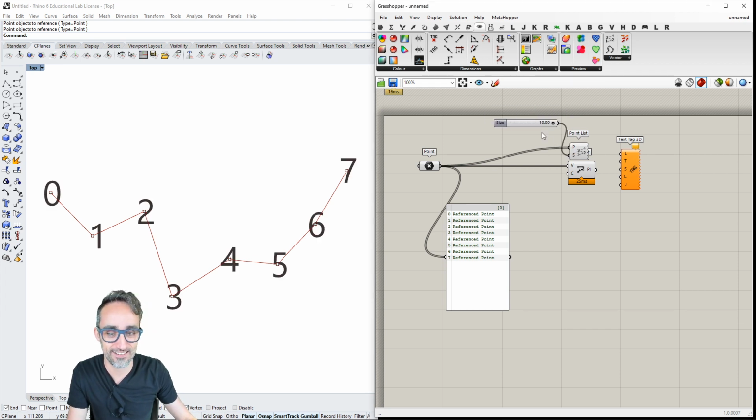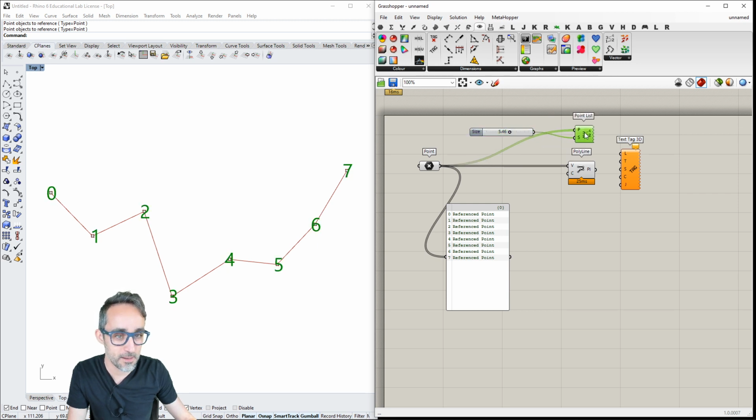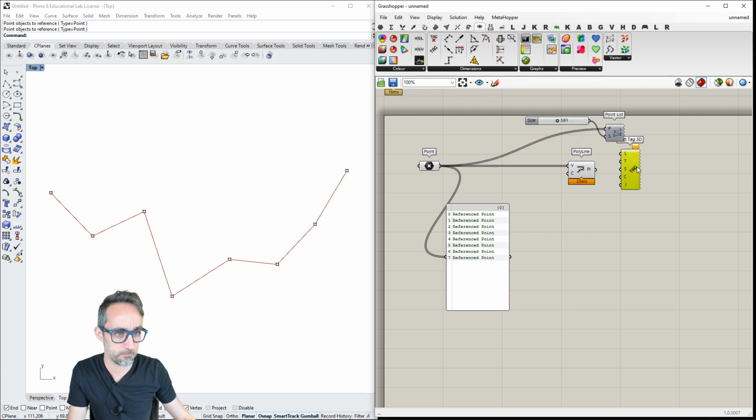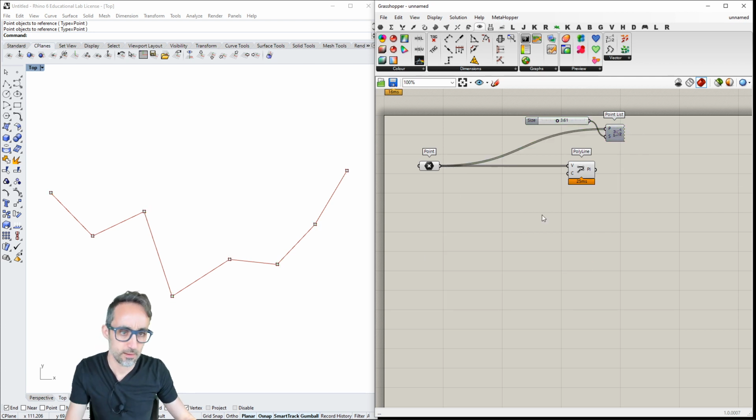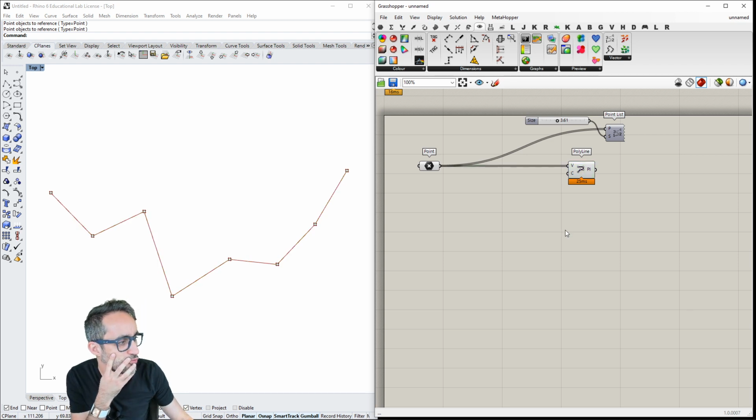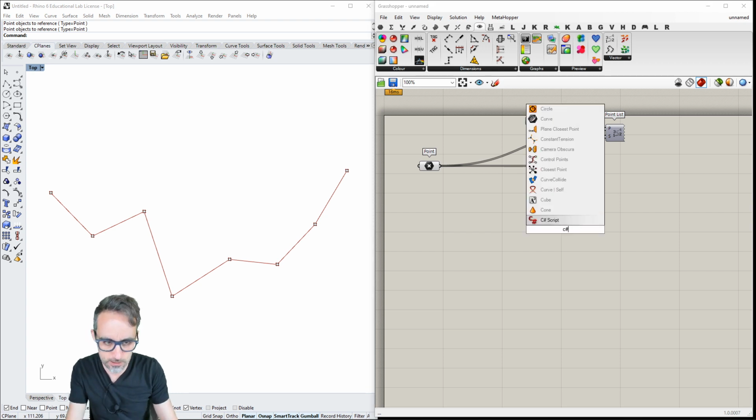Okay, and then here, and then, okay, I like that. Okay, and I'm going to hide this for the time being. Okay, and then I'm going to C#.